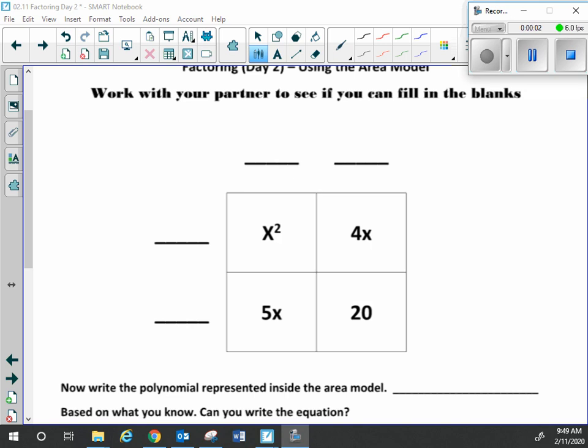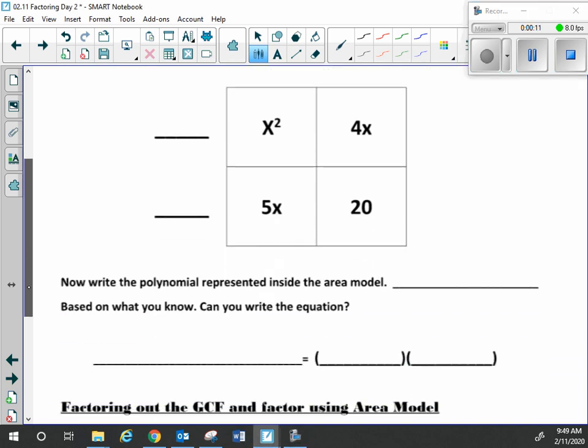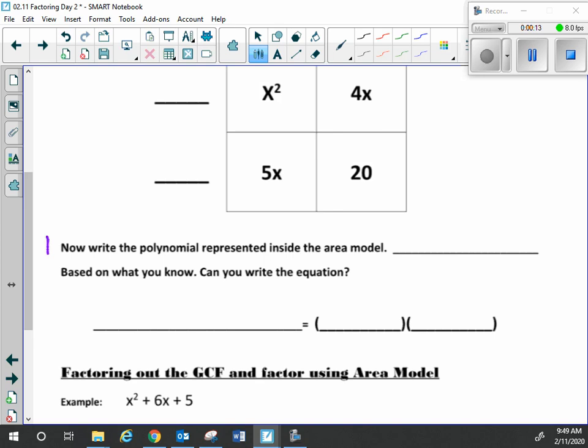Table, you're going to fill in the blanks that are missing from the outside of your area model. So you're basically factoring that. Once you finish those, answer these 2 questions. Take about a minute. Shouldn't take us more than a minute. So,